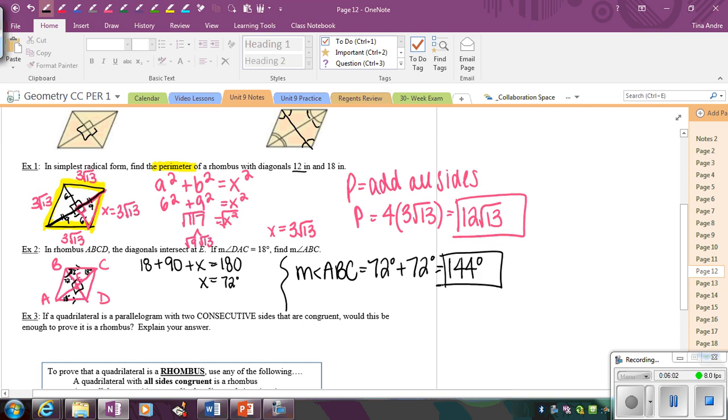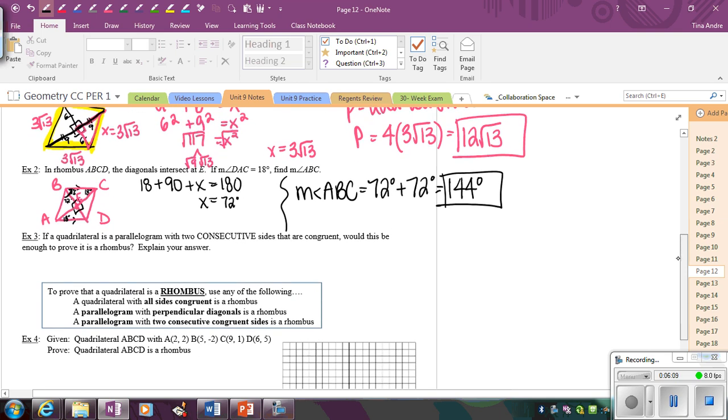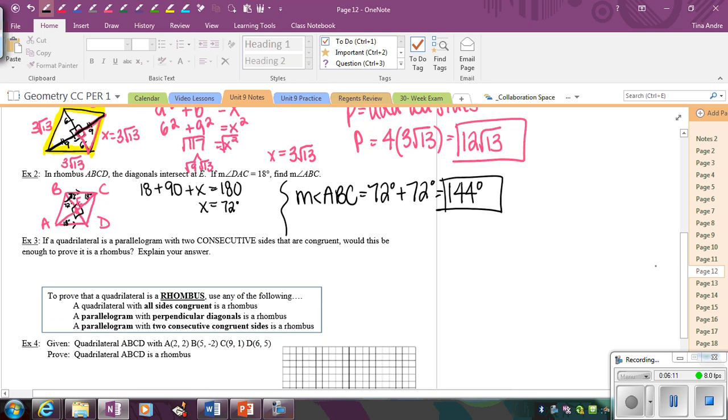And remember, this isn't the only way to do this, but that's just the way that I came up with while doing it, looking at the properties. So the next example is going to lead us into our coordinate proof, and this is just asking us,